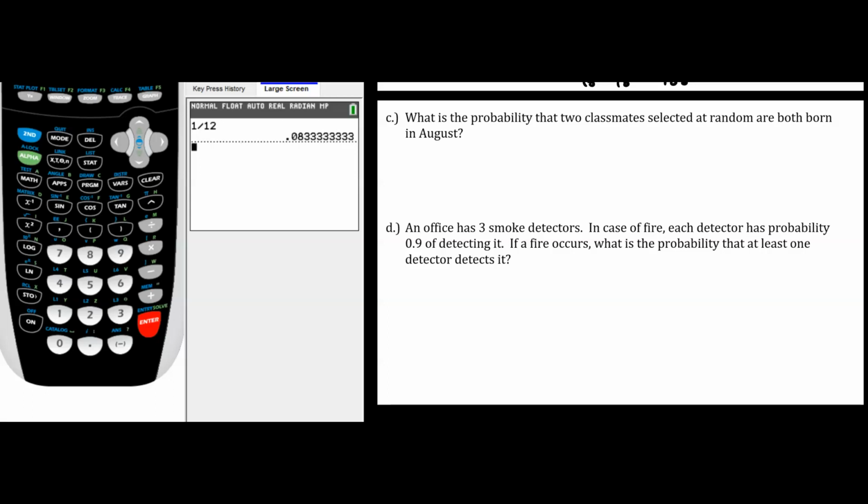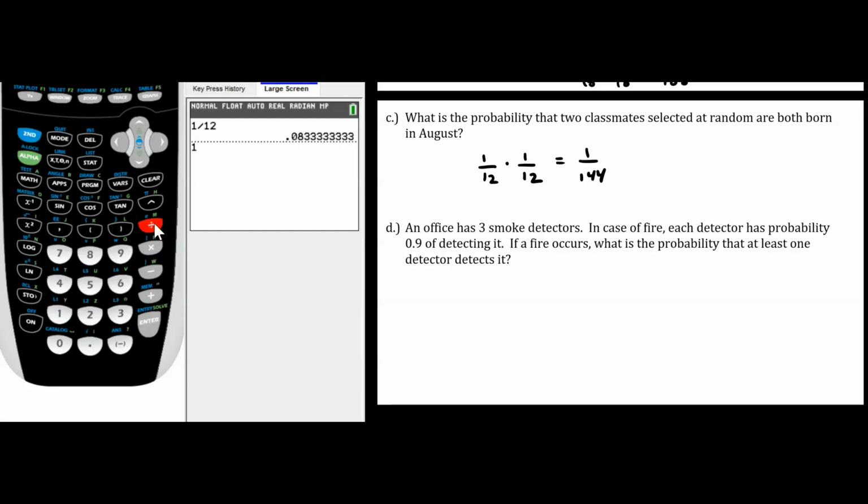We know that the probability of A then B when it comes to independent events is equal to the product of the probabilities. So let's find the probability that the first classmate was born in August, and that's just going to be 1/12, and then we multiply that by the probability that the second classmate is born in August, and that's also going to be 1/12. And 1/12 times 1/12 gives you